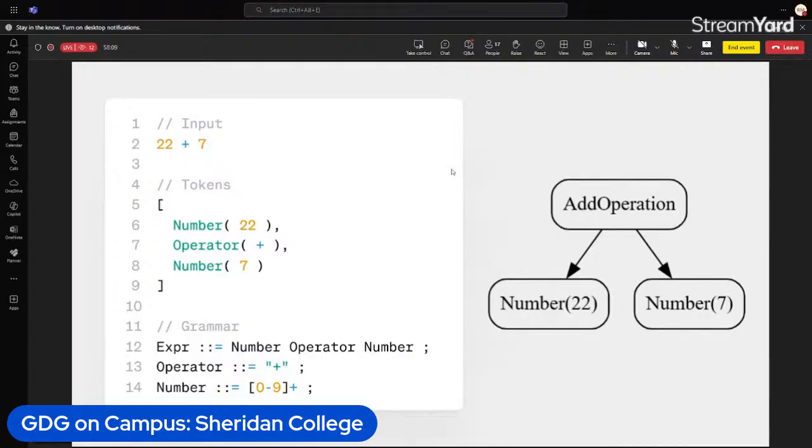So what does this look like? Well, firstly, this is what an AST looks like in a kind of a tree format. But let's start from the top here. So we have our input, 22 plus 7, nice and simple. Then we can break it down into tokens. So we can have a number token, 22, operator token, plus sign, number token,